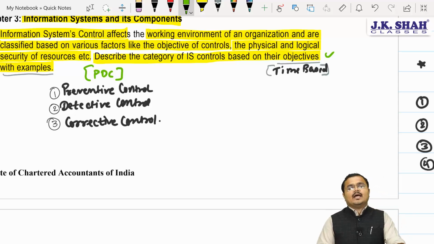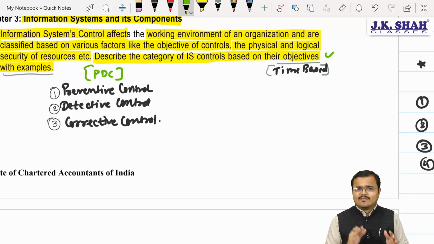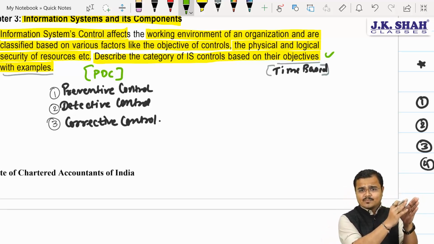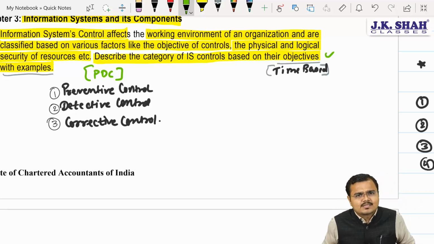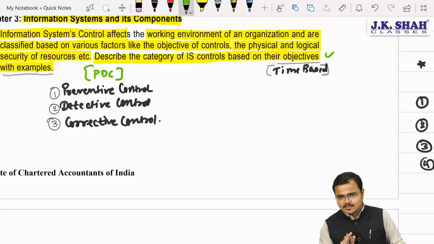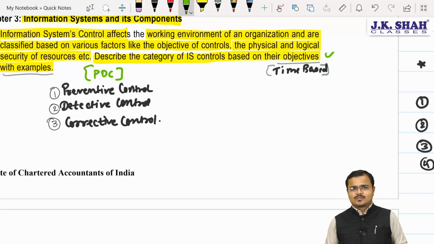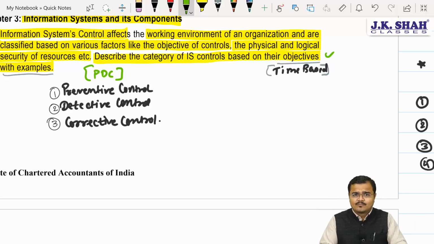Yes, sir. Now preventive controls, chartered, try to understand about it, people. Something that I'm going to design in advance. It means, chartered, 110% this information came to me with my past experience maybe, or by looking towards a future scenario that certain future risk may impact my organization, and thereby I am preparing myself, sir, to implement the preventive controls. Examples, chartered, okay, putting handheld fire extinguishers in your office is a preventive control.